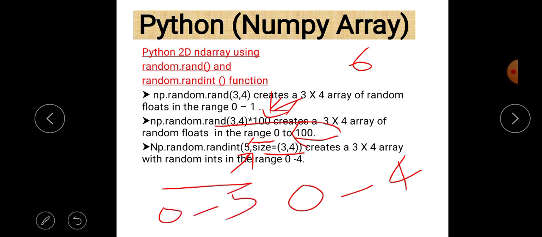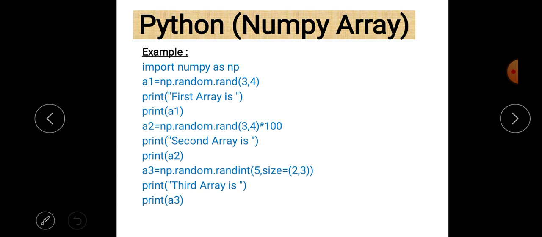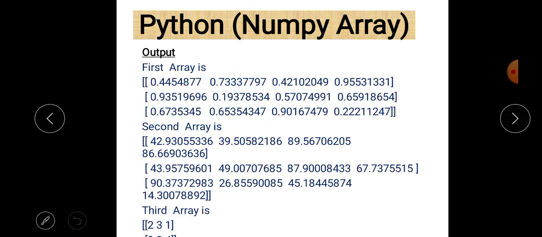You can see here a small program: a1 equals np.random.rand(3,4), the array will be printed, and then the 3, 4, 0, 0 example. Whatever examples are given here are now in the form of a program.